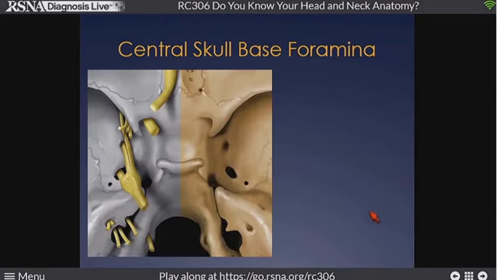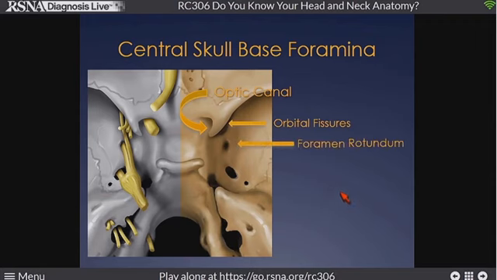So, looking at the foramen, and I have the cranial nerves in on one side, they're absent on the other. The optic canal, medial and inferior to the anterior clinoid process, moving into the orbit. Our orbital fissures are concealed here. We're going to look at those again in a coronal plane, much better perspective. We have then foramen rotundum, again moving in almost a coronal plane, but that dehiscence moving anteriorly and inferiorly.